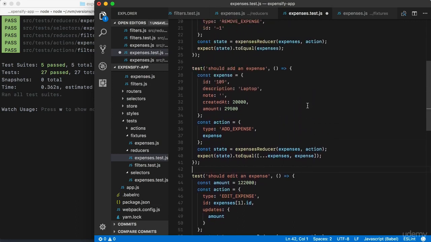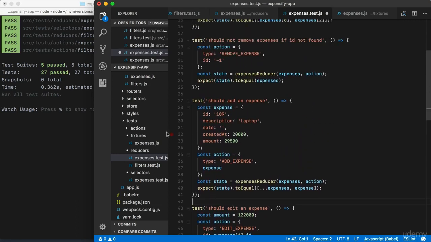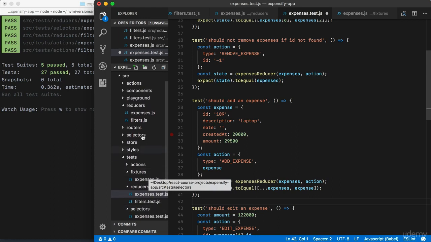We've tested every single part of our application except for the components. So we've tested our action generators, we've tested the reducers, we've tested the selectors. All that's left is the components. Now the components are going to be pretty tricky, so we are going to spend a good deal of this section on those, and we're going to get